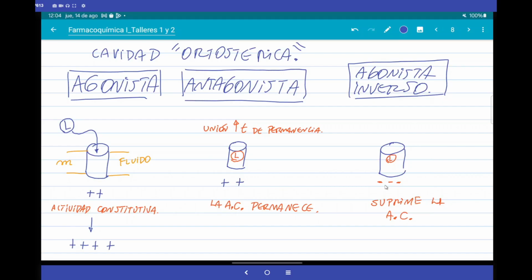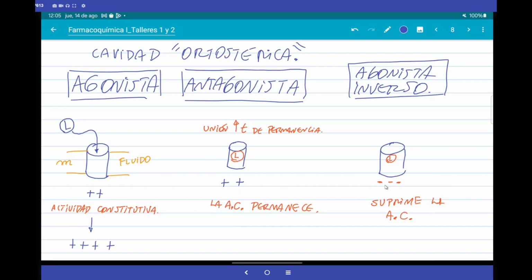An endogenous ligand, such as adrenaline, that we were just seeing, or serotonin, or any biological molecule that comes to mind, a hormone or neurotransmitter that is biological, they are agonists. Could they be both agonists and antagonists? They are only agonists, and be careful, the endogenous ligands only have agonist behavior. That is, they fulfill a function, conceptually speaking.